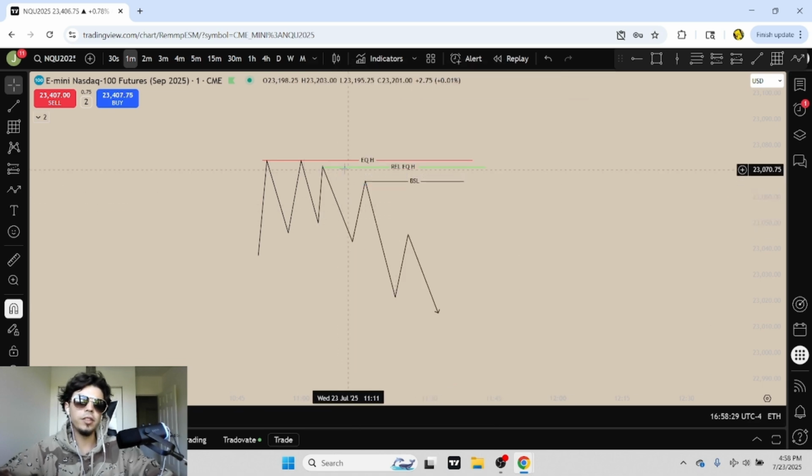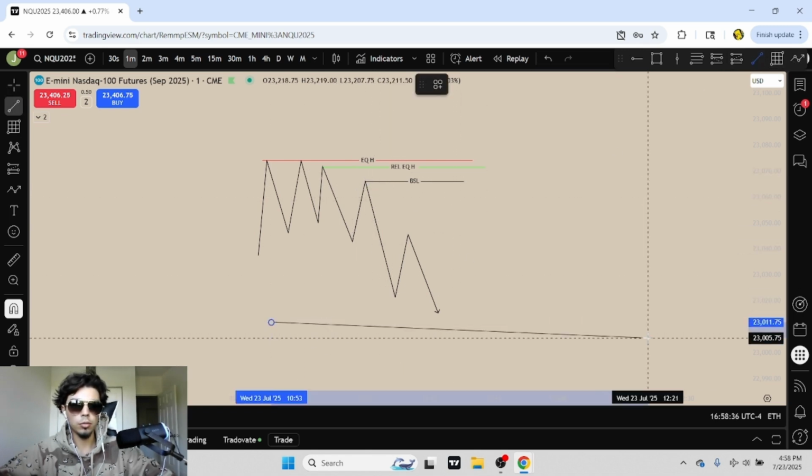So you have the relatively equal highs, you have equal highs, and you have buy side liquidity all resting right here. So say we just came down and swept out